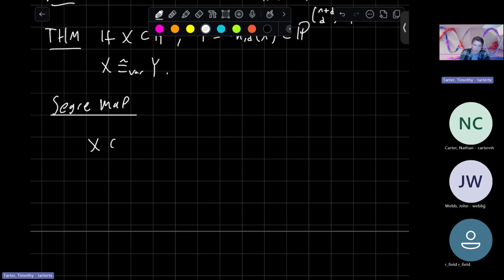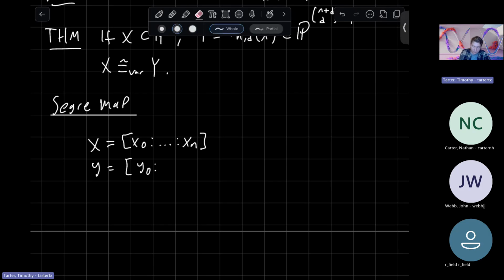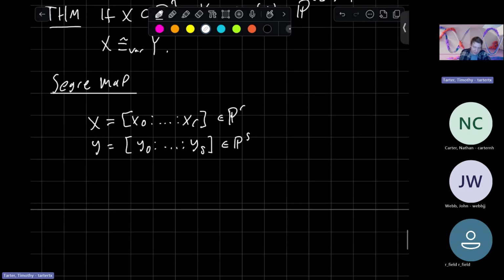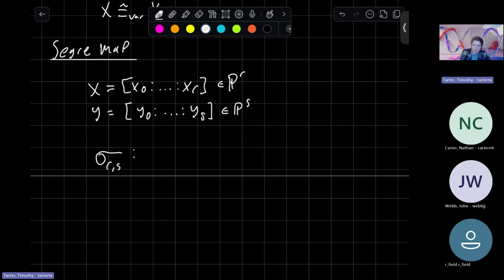Namely, given coordinates x naught to xr, y naught to ys, in P^r and in P^s, then the Segre map sigma_rs goes from P^r cross P^s to P^((r+1)(s+1)-1)